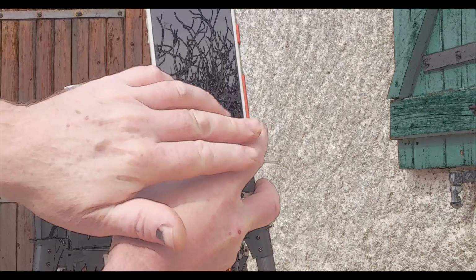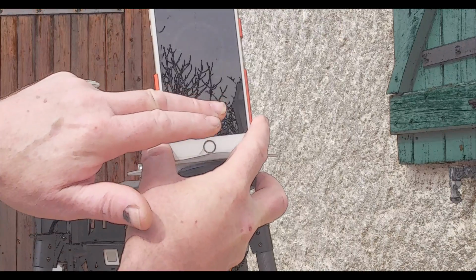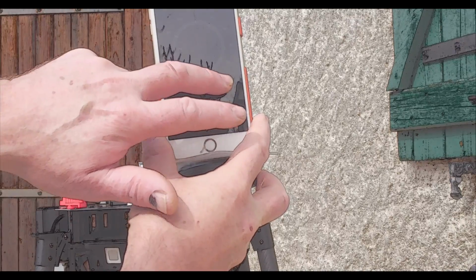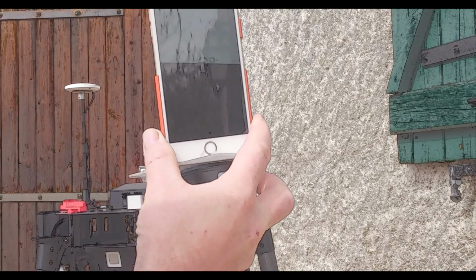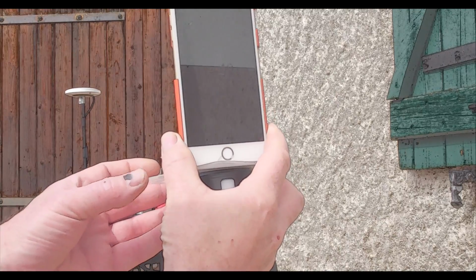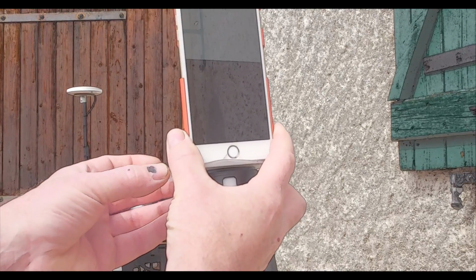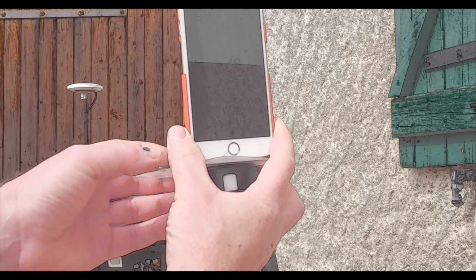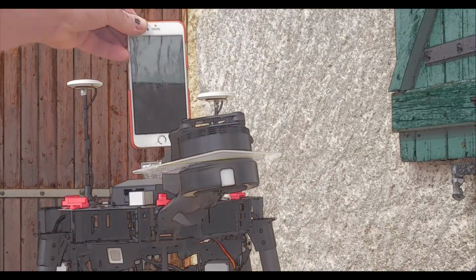Okay, I'm using the Apple standardized navigation app, which is the compass. Now in the compass, if you slide to the right, you're going to get this level, and all you have to do is make sure your piece of card is in there nice and straight, and then you have to make sure you're perpendicular to the arm, and you'll just get a number. Okay, it doesn't matter what number you get, but you'll just get a number. So once you have the number here, you then have to place this at the back